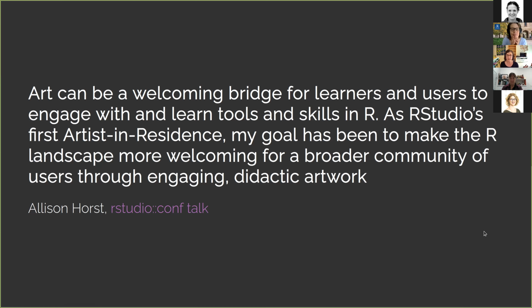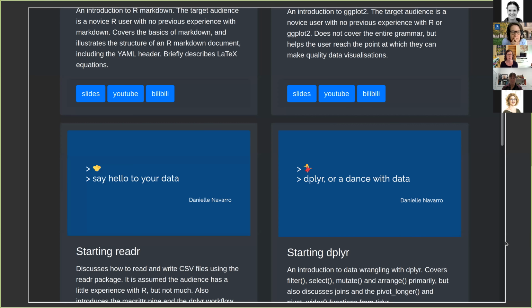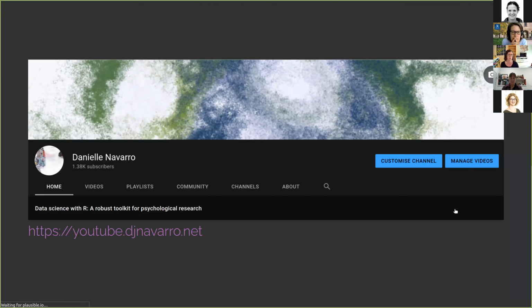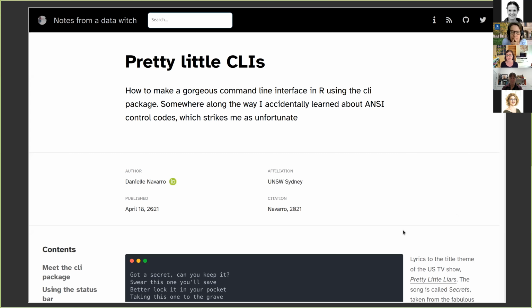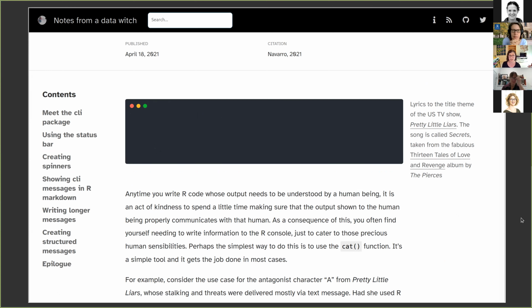What this has ended up leading me to do is think a lot about visual design, writing software, stats textbooks, creating public access slides, putting things up on YouTube, writing engaging blog posts, the sort of thing that is not traditional output, but I think we ought to be taken more seriously as academic output.